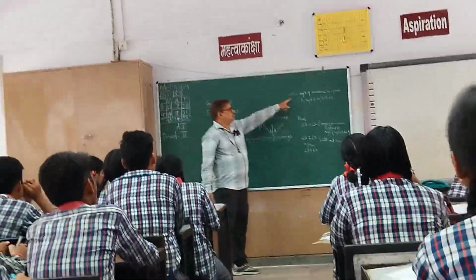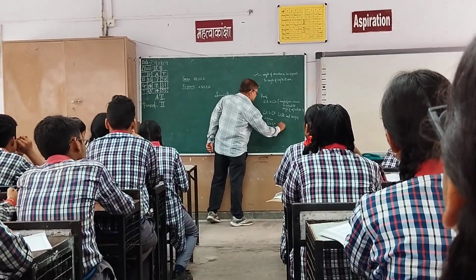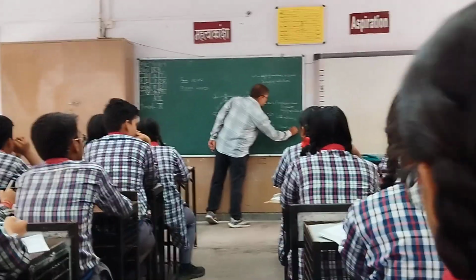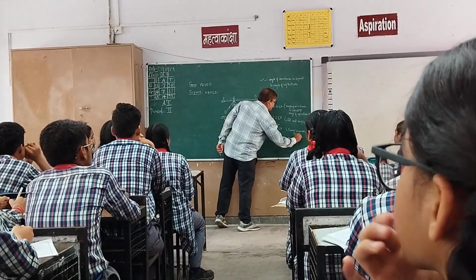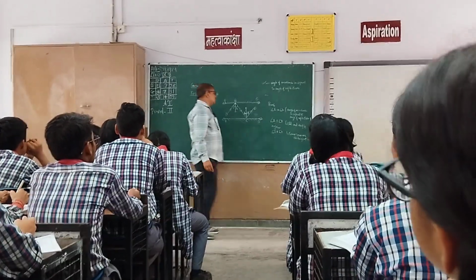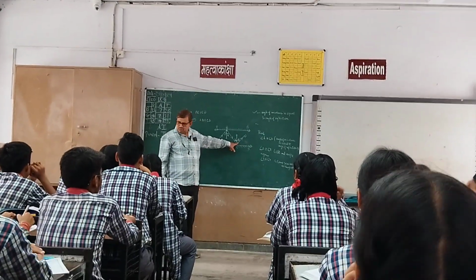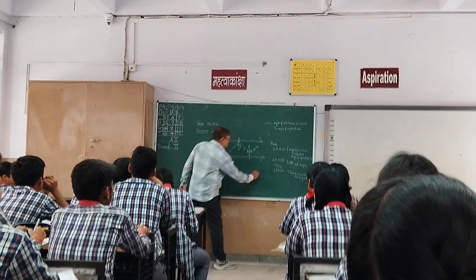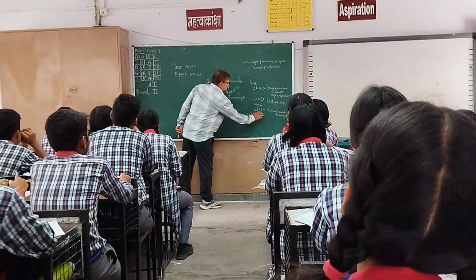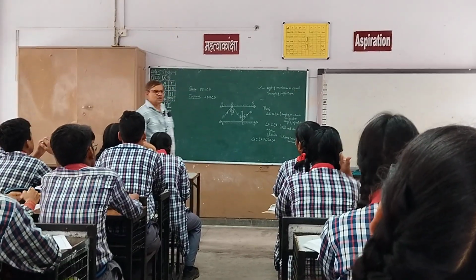Again, the reason is same. Angle of incidence is equal to angle of reflection. ठीक है? Same reason as in first case. So angle 3 is same as angle 4. So angle 1 is equal to angle 2, this is angle 3, and this is angle 4. So all the 4 angles are equal.